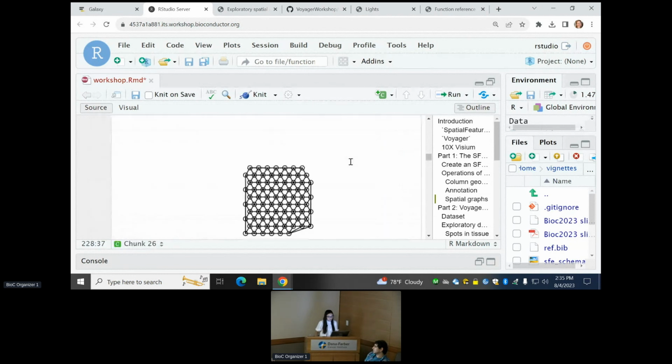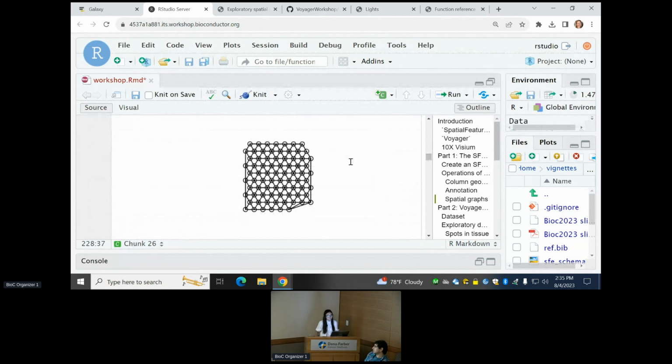And here we plot this graph here. Yes. What happens when you put more than one image? There can be any number of images. So where would you tell it? Oh, so this one,